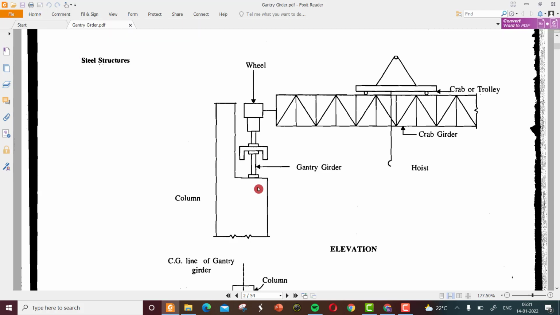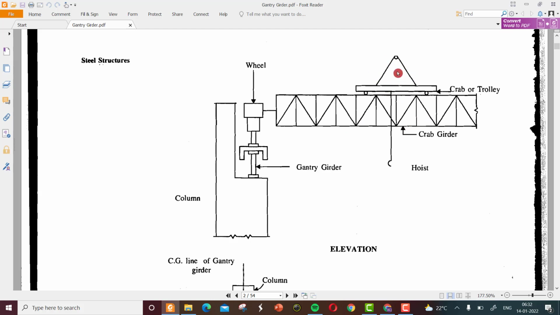Upon this gantry girder, the wheels of the crane bridge are located, and this is the crane bridge or crab girder,